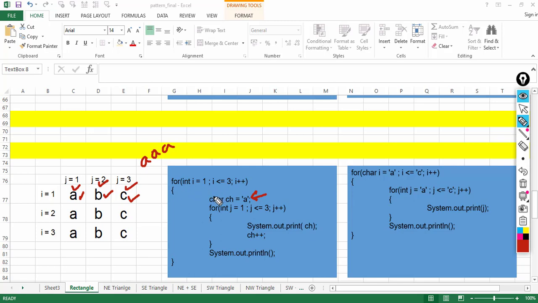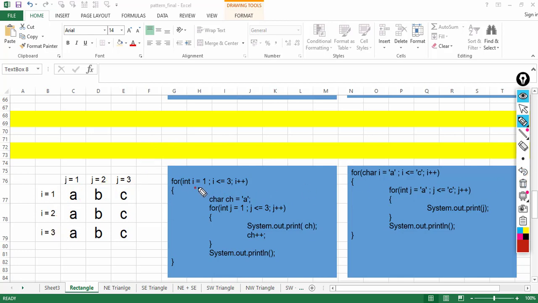I've declared it inside the outer loop, so that every time control comes to this line, that is in each iteration of the outer loop, the value of CH will be reset to the value of A, so that we will get A from the start again. So let's see what is happening here.